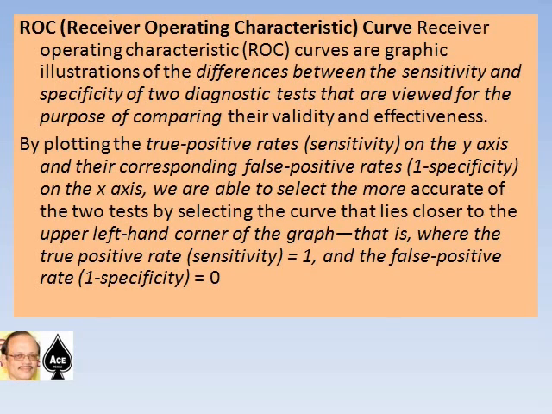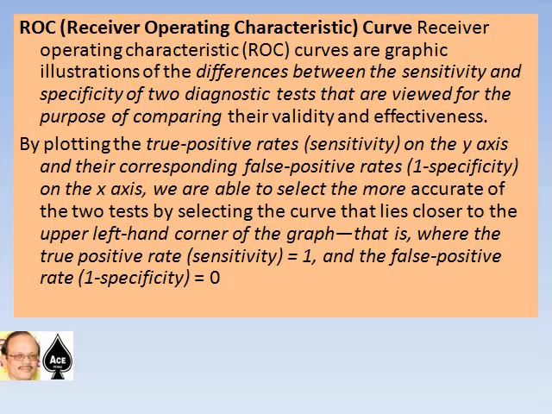Receiver operating characteristic curve, or ROC curve, is a graphic illustration of the differences between the sensitivity and specificity of two diagnostic tests that are reviewed for the purpose of comparing their validity and effectiveness. By plotting the true positive rate, that is sensitivity, on the y-axis, and the corresponding false positive rate, that is 1 minus specificity, on the x-axis, we are able